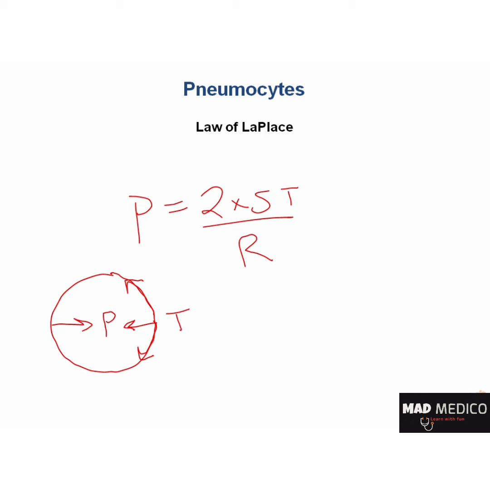So, what's the bottom line? With surfactant decreasing surface tension, you should see an increased lung compliance and a decreased work of breathing because more alveoli remain open at the end of the breath. And if they do collapse, it requires less gas pressure to reinflate them.